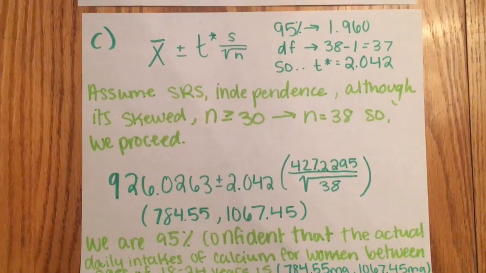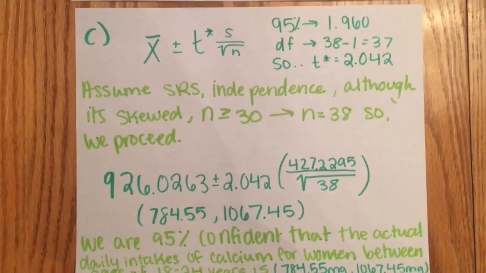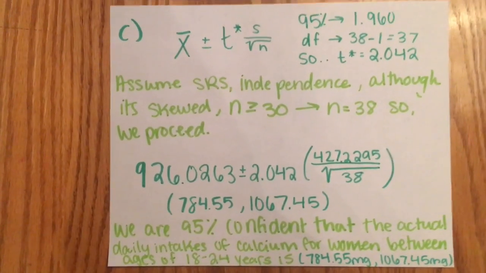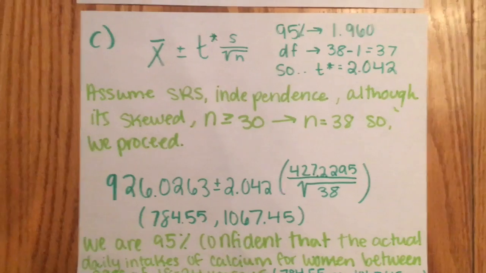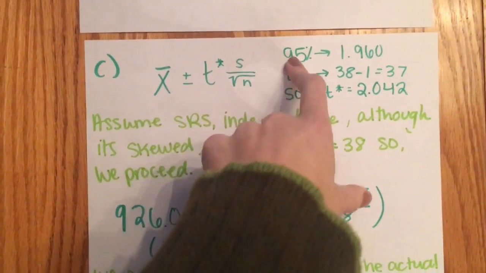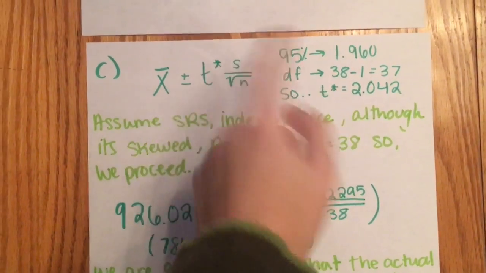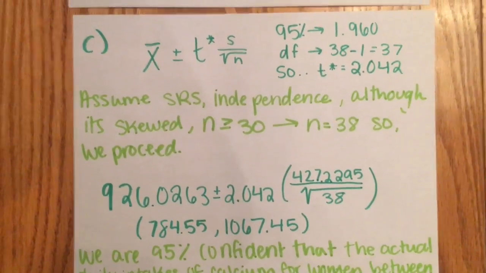You'd use t star since we are not given a population standard deviation but rather a sample. So at the 95% interval, our t star would usually be 1.960, but since